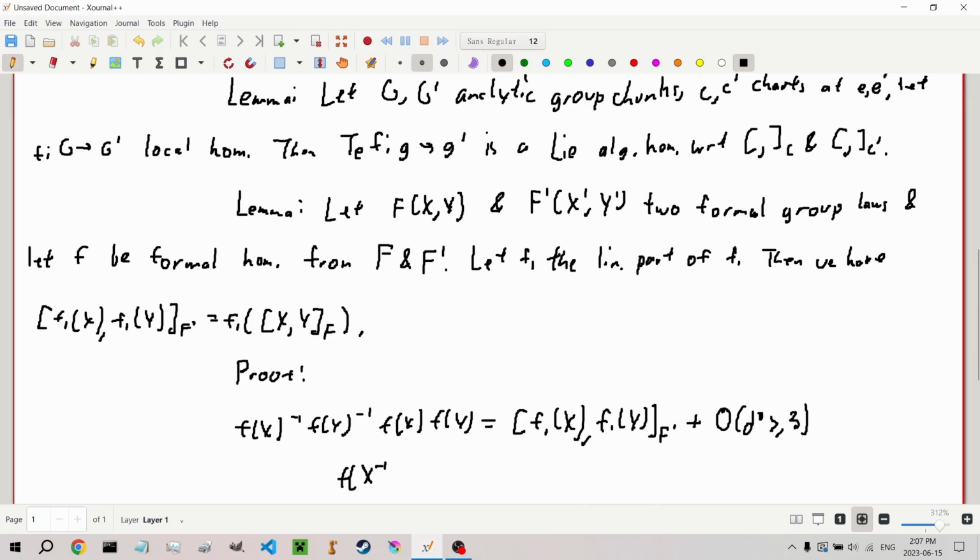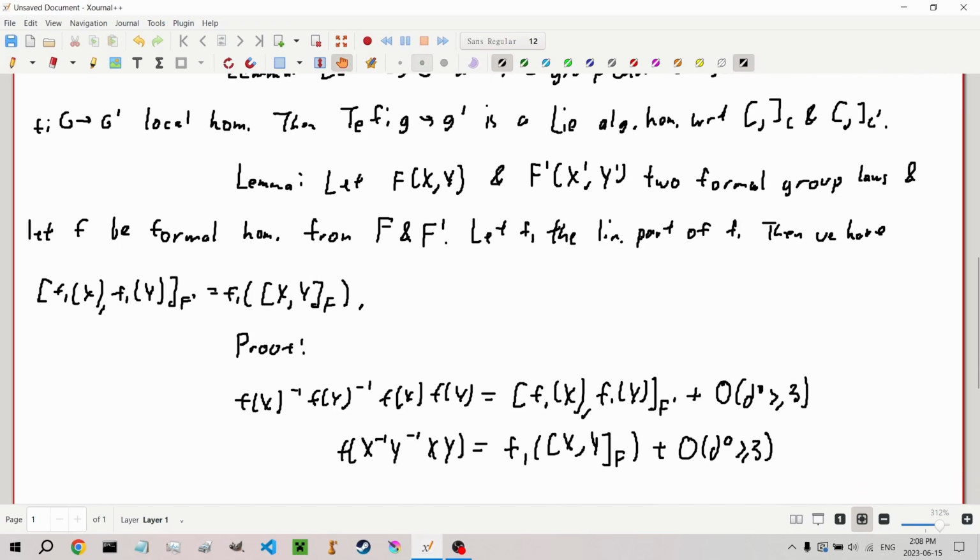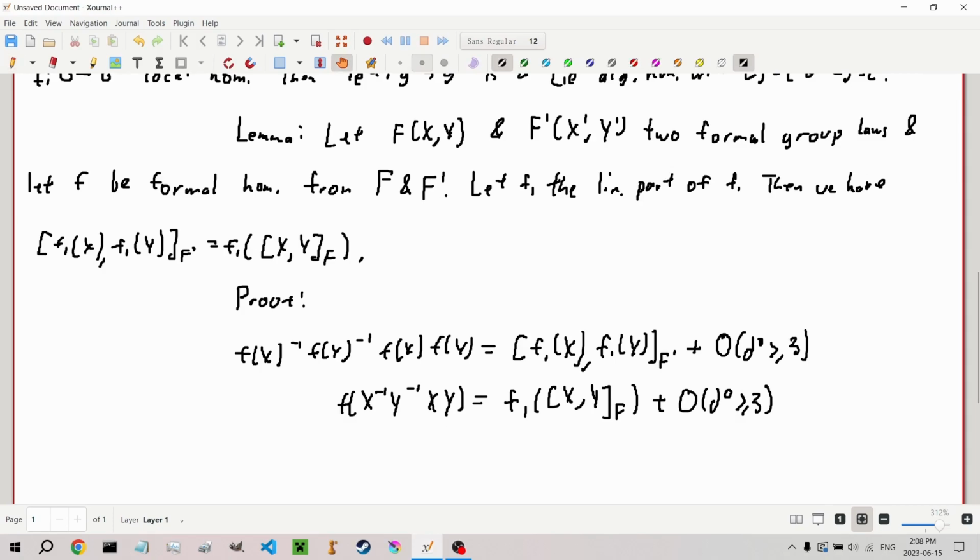F of X inverse Y inverse X, Y being F1 of the commutator of X and Y in F plus higher order terms. And so by comparing terms of degree 2, we get our lemmas. And from the above, we get